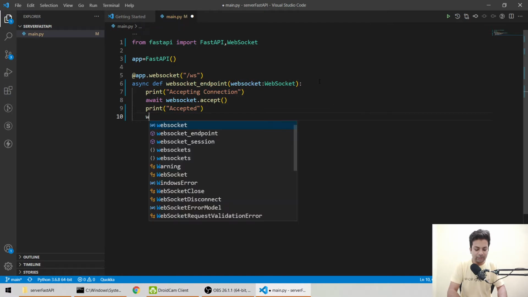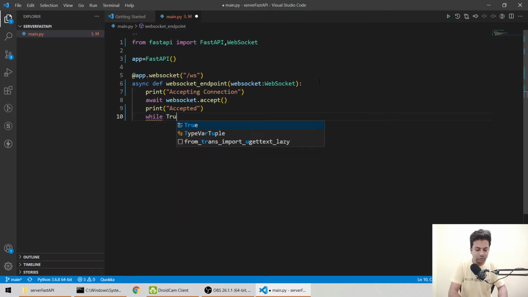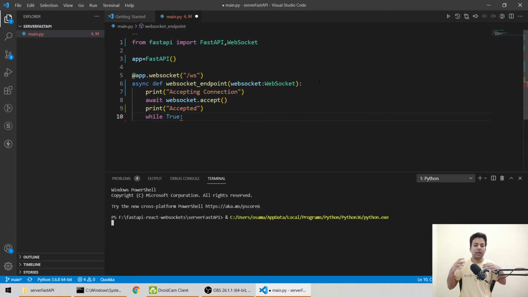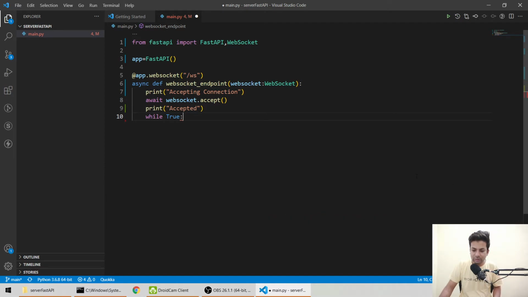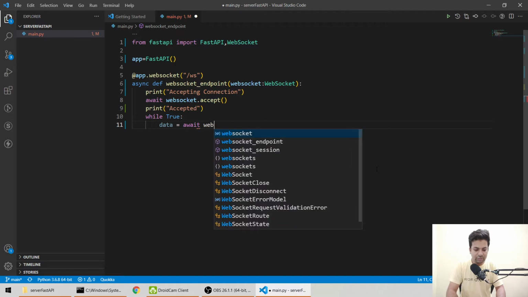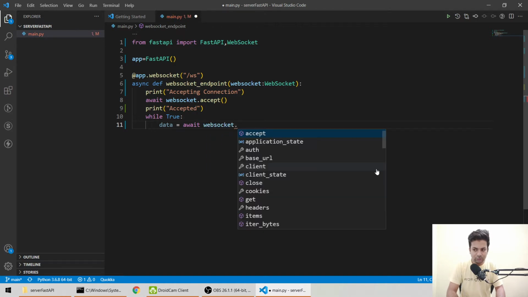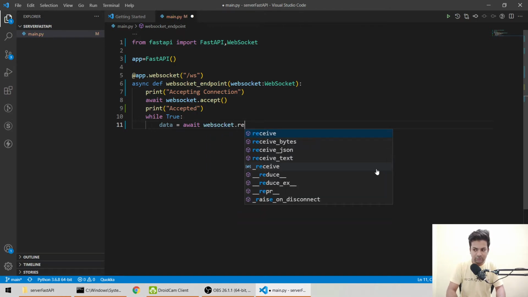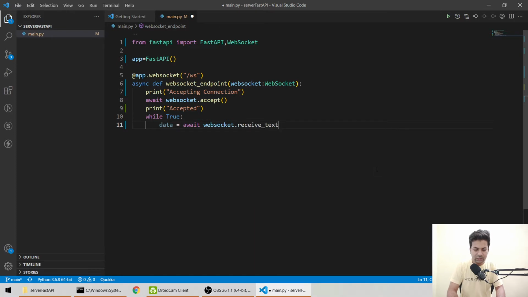After that we'll make a while True loop. This is the way we keep on running for sending and receiving the data. While True, we'll say data equals await websocket.receive_text().